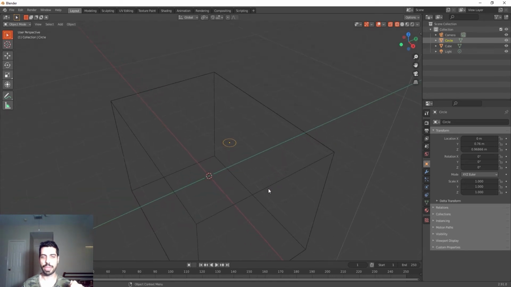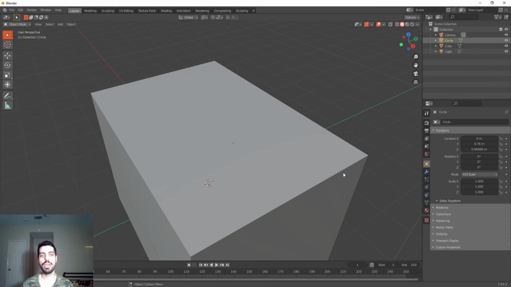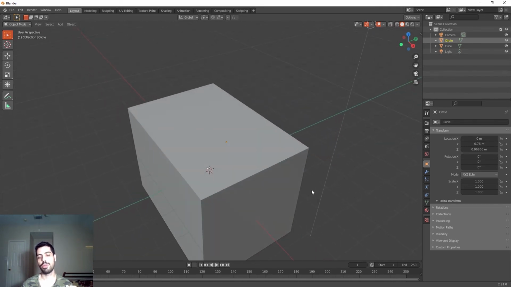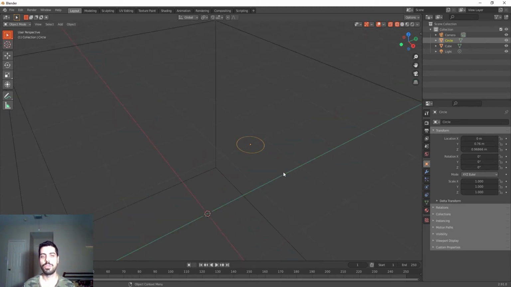Looks fine, I think. So now our cube, if we go to this mode, you can see that the cube is a 3D model that we have. It's hollow on the inside, but it's fine, doesn't matter. But our circle is still just a circle. It's not even 2D, it's just a line. So for that, we need to go to